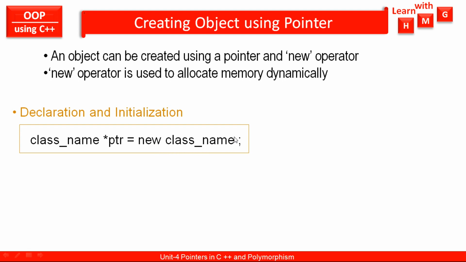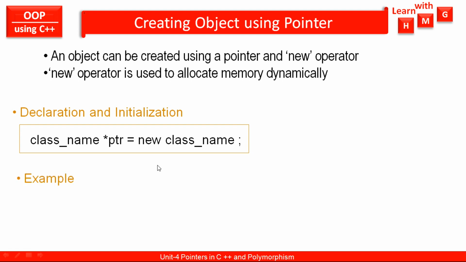for an object of the type class, and the address of the first location will be assigned to the pointer. So here the pointer is declared, the memory for a class type object is allocated by the new operator, and the address of the first location of that object will be assigned to the pointer, and in this way this pointer will point to an object. So like this, three steps are involved in this single declaration.